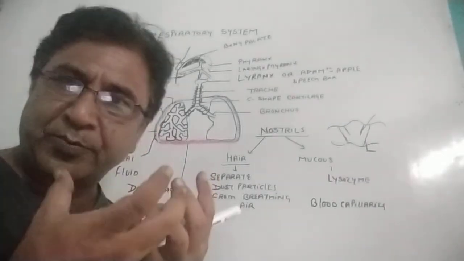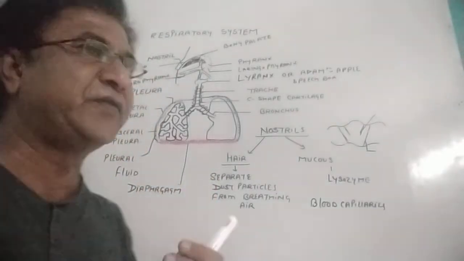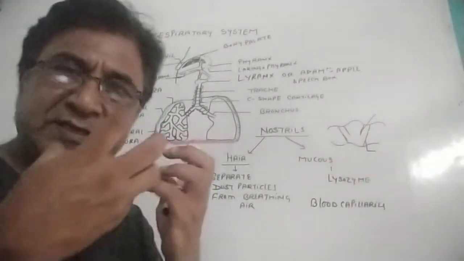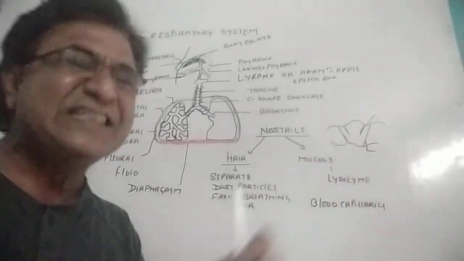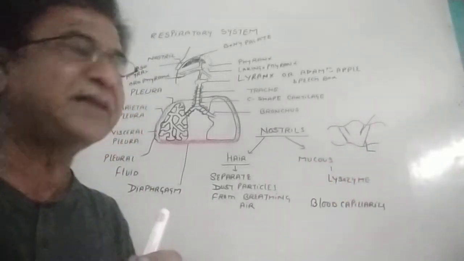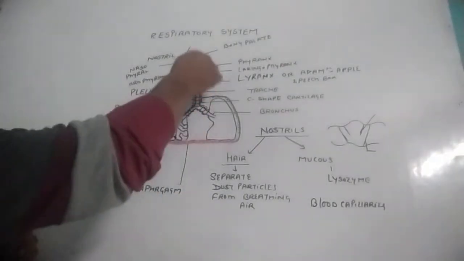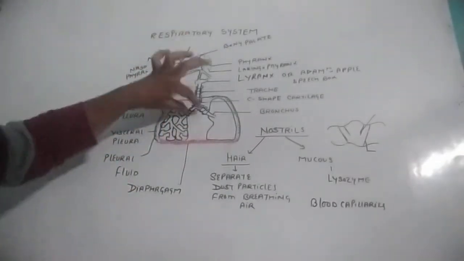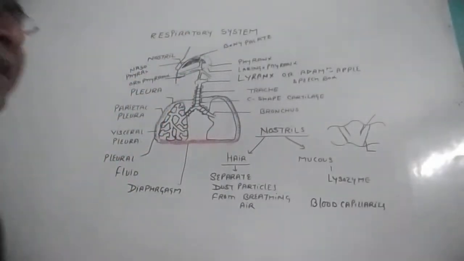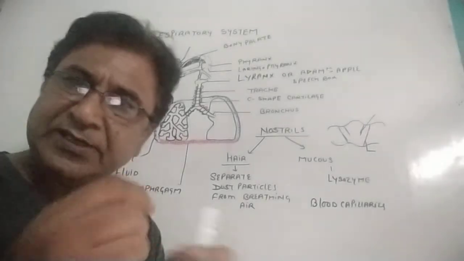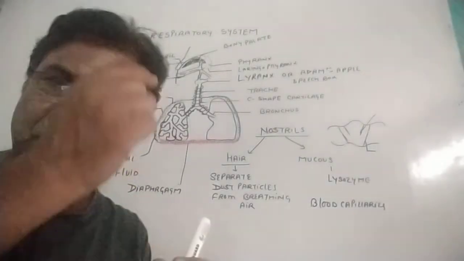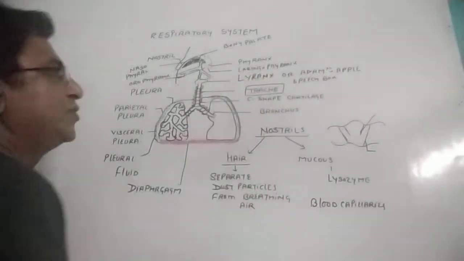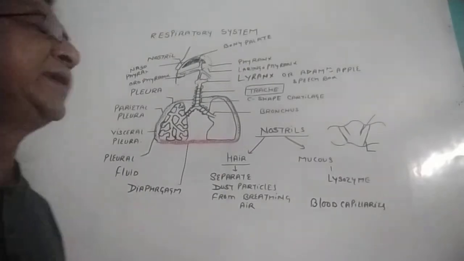But for making a proper speech, we need the work of the tongue. We also need lip movement. But basically, the words are produced by the anterior vocal cords present in the larynx. So the pharynx opens to the larynx, which we already explained. Now the larynx further enters into an 8 to 12 centimeter long tubular structure, which we call the trachea.